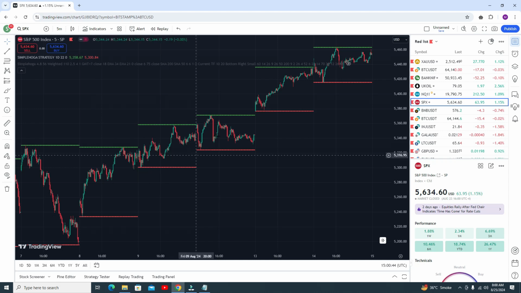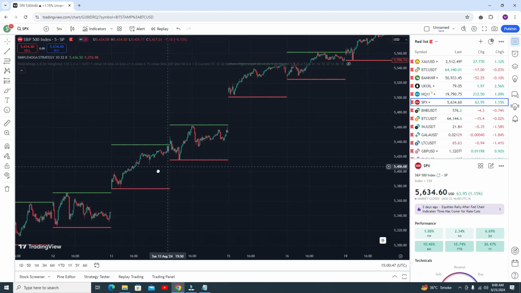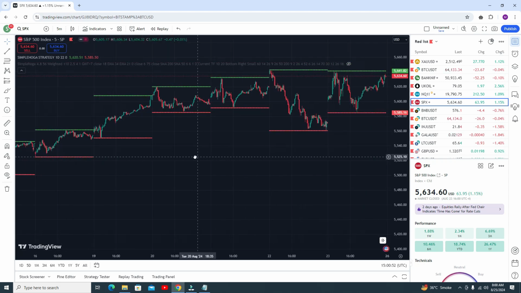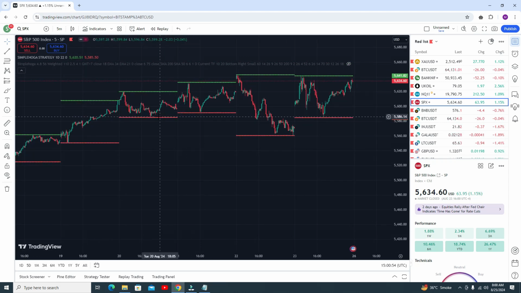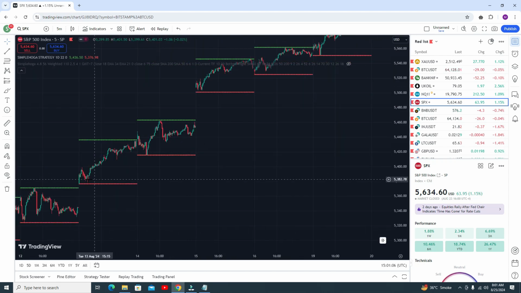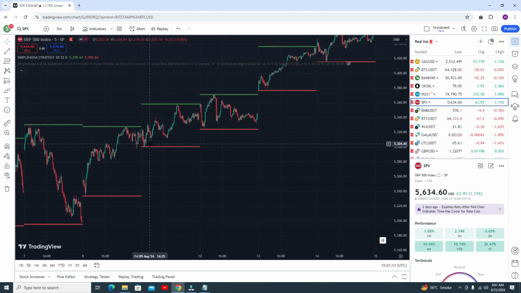You can see the market is still going upside. Whenever the market is touching the resistance, the market goes upside. Here you can see this one, and here, and here. This is very interesting. From this point, each and every time the market touches the resistance, the market is going upside.